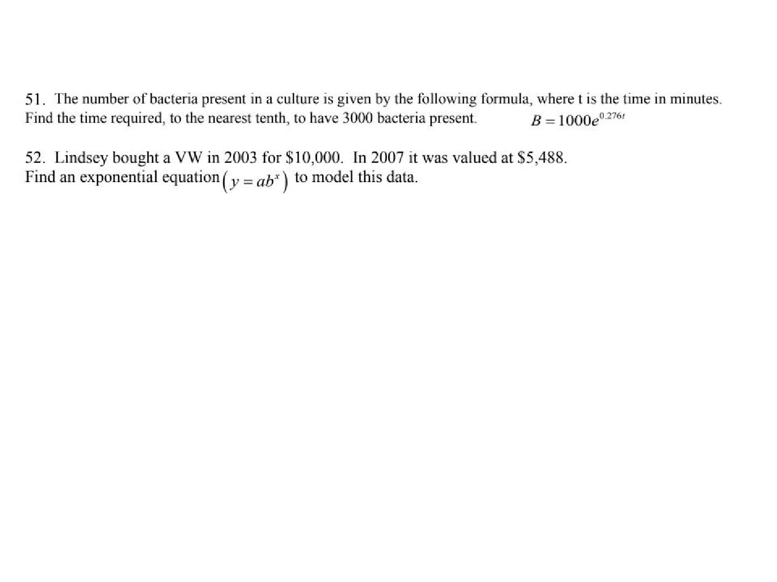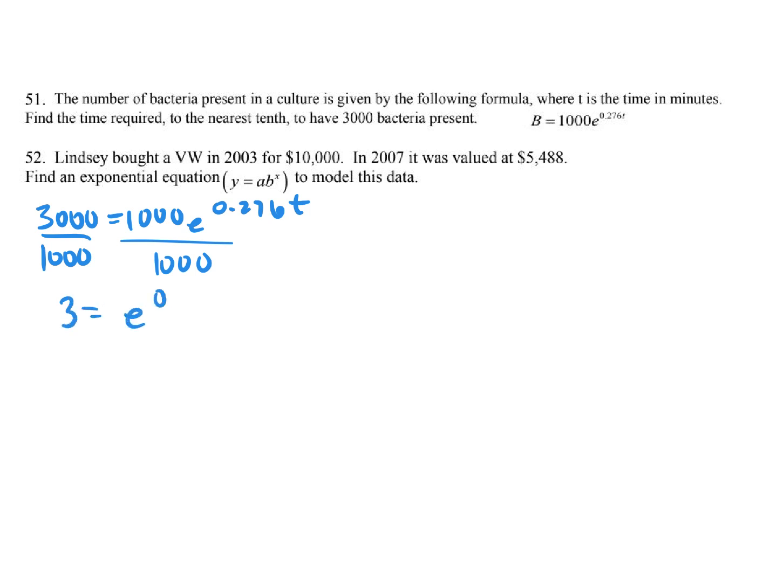The number of bacteria present in the culture is given by the formula, so we're going to use the formula since it's given. Find the time required to the nearest tenth to have 3,000 bacteria present. 3,000 is equal to 1,000 e^(0.276t). Divide both sides by 1,000. 3 is equal to e